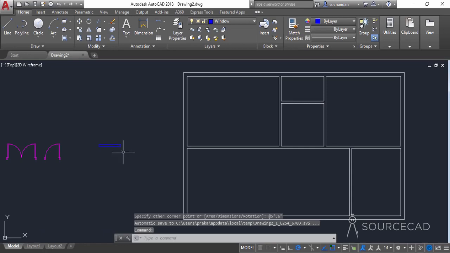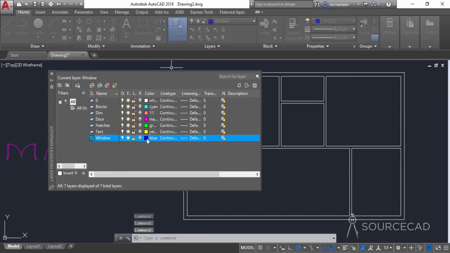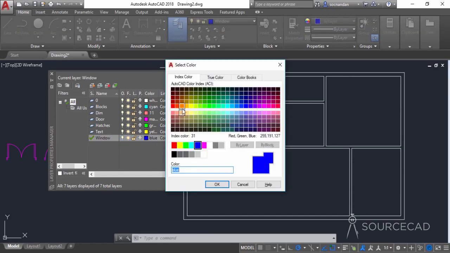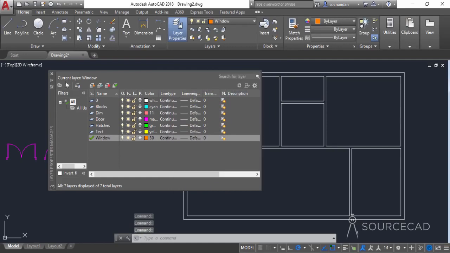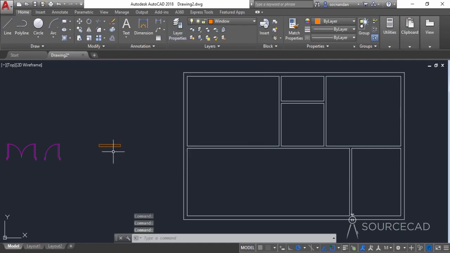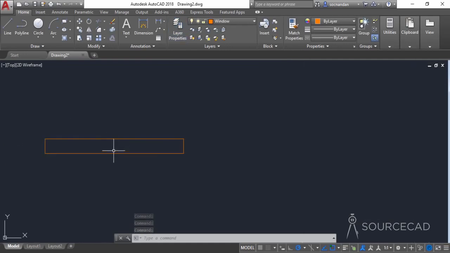So as you can see, due to the dark color of this window, we are not able to see it quite properly. So I'll change the color of this window. I'll click on this box and change it to this orange color and click on OK, close it. So there we have it. Now it's quite clearly visible. Alright, now let's explode this drawing